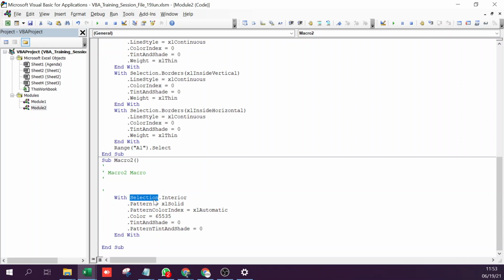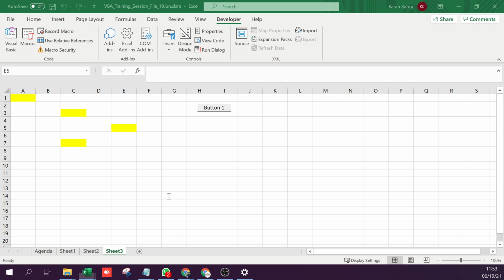So I can simply write something like cells 5 comma 2. If I don't write anything related to the sheet, it will work on the active sheet. So cells 5 comma 2, which cell will it alter?